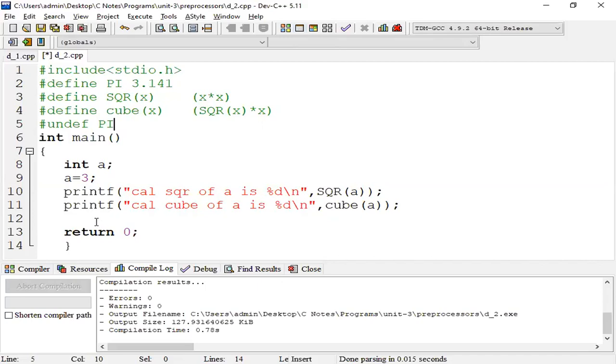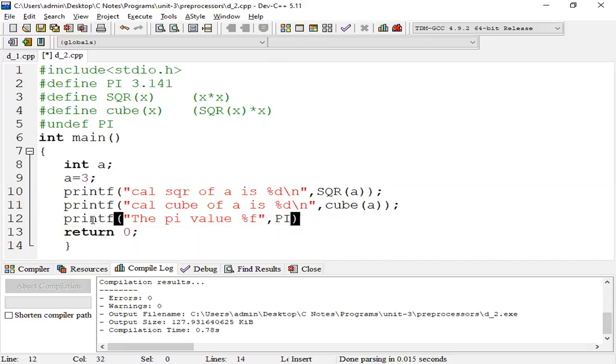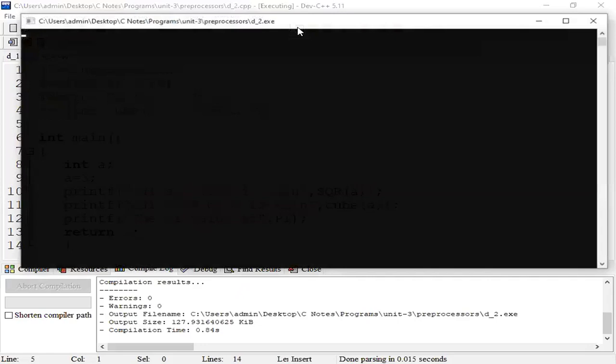For example, printf PI value. Without the undef, the value will be printed. No problem, 3.141 is printed.